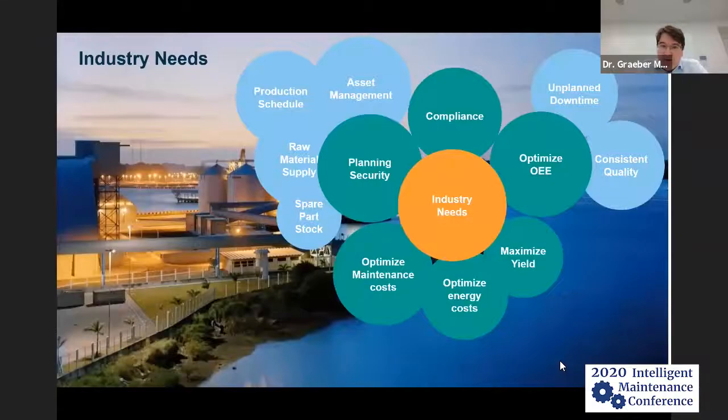So if you look at the industry needs for maintenance, I think it's really interesting to see that this is quite diverse. So if you just go through it, we can start with compliance, which obviously is absolutely critical for the industry to be compliant with all the legislation and regulation that there's around. Then of course it's about optimization of OEE, the overall equipment effectiveness. And on the one hand, this means yes, reduction of unplanned downtime and maximization of uptime, but it also means